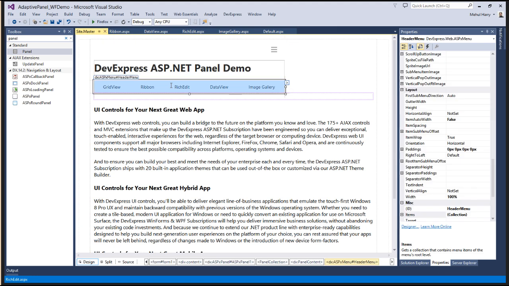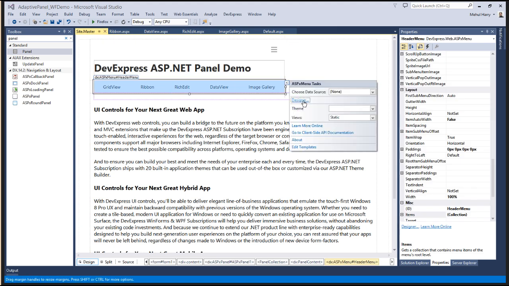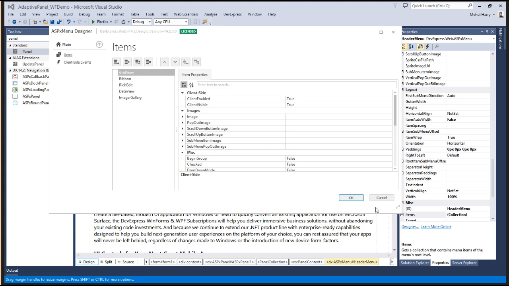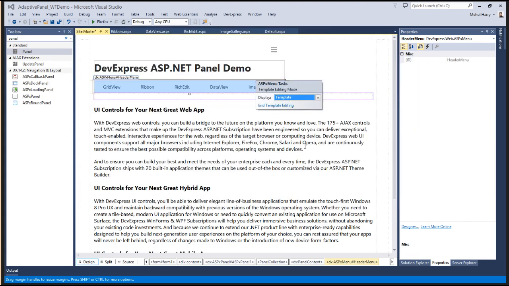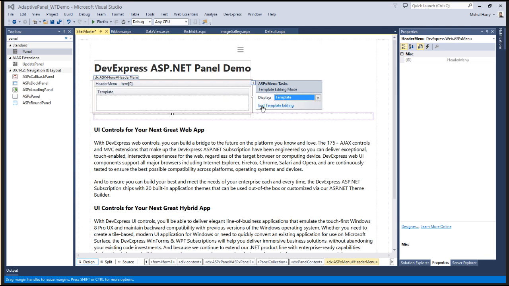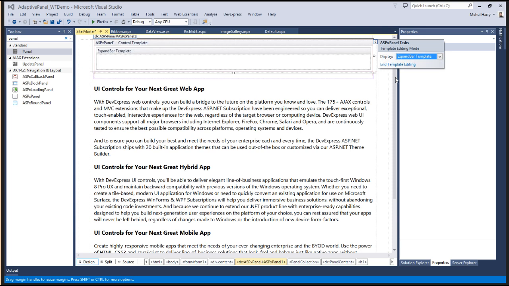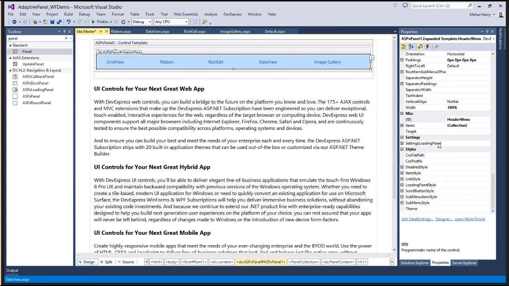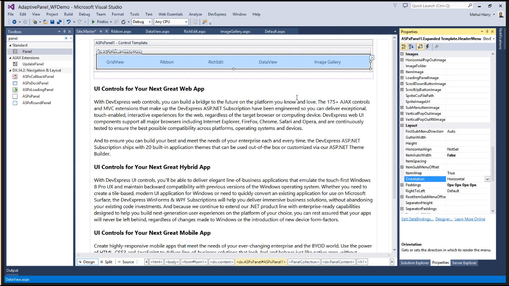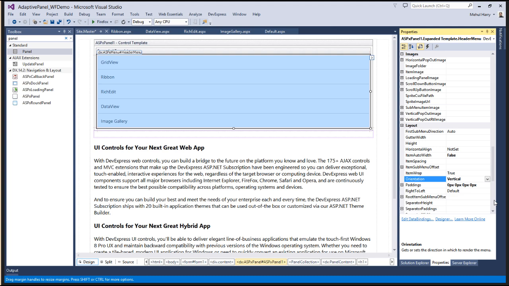So what I'll do is first I'm going to take this menu, and you can see it's basically just a static menu with some items in it. And I'm going to copy that into the, oops, not the menu. We're going to copy this into the panel expanded template. We're going to paste it in here. And now this is an exact copy of the menu, but I'm going to change one key thing, and that's orientation. So instead of a horizontal orientation, I'm going to say use a vertical orientation